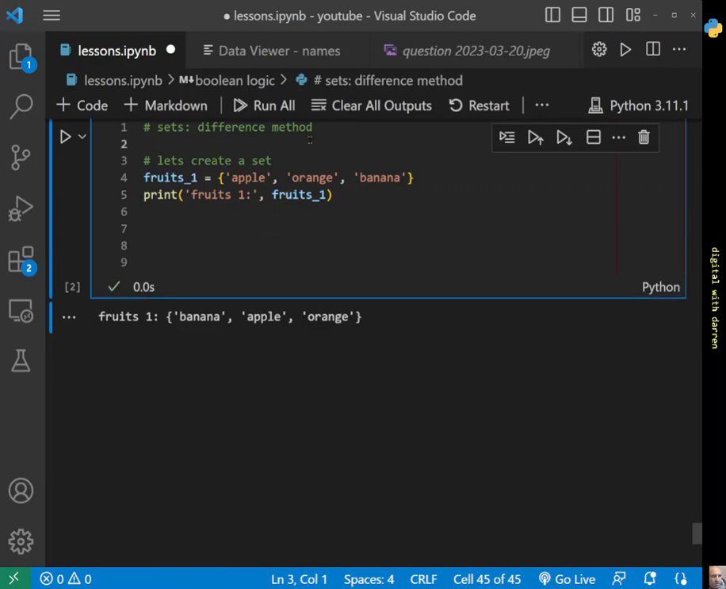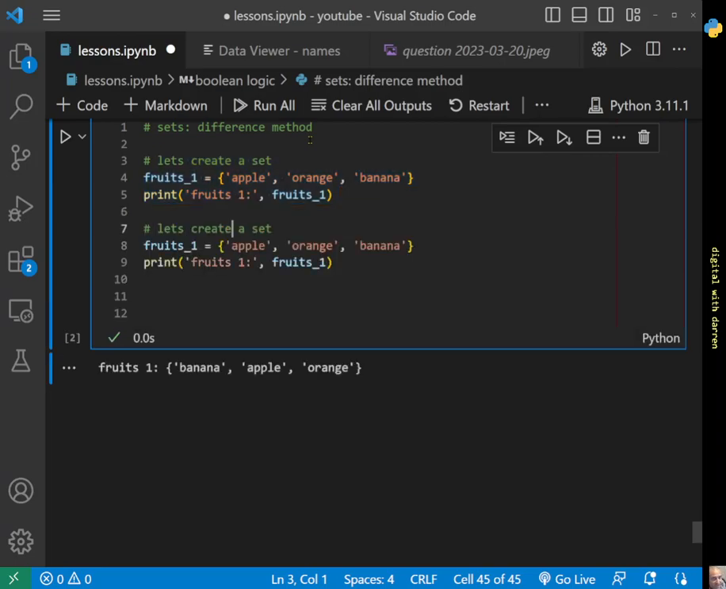So now let's go along and create another set, and this time we'll call our set fruits 2. So we'll have to change our label to fruits 2 and also the variable here that we're printing out. And we're going to change the items in fruits 2 to be different types of fruits. So mango, we'll use an orange, we won't use an orange, let's use a lemon,